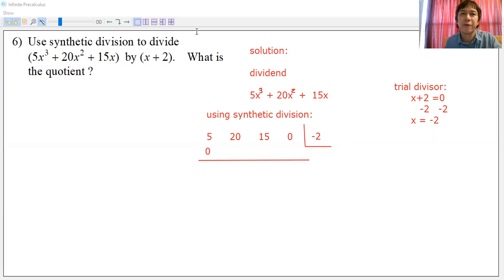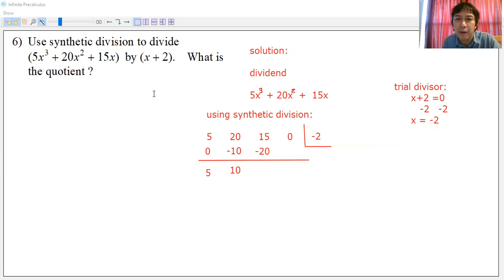All right, and so our first step is to add. We get 5 plus 0, which is 5. Next step is product. Get the product of 5 and negative 2, which is negative 10, to be written in the next column. And then our second addition, resulting to a positive 10. Our second product, 10 times negative 2, is negative 20, to be written under the 15. Negative 20 there.